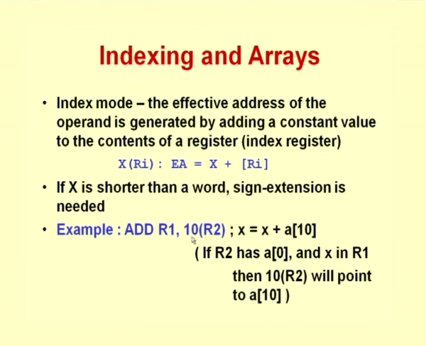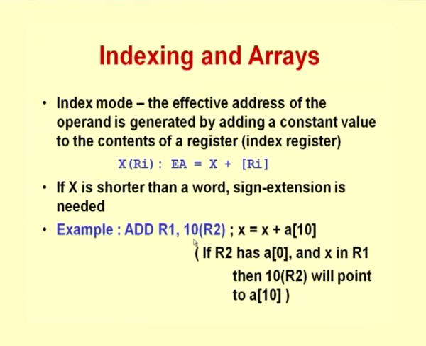Because you are adding this value 10 here. Now, 10 was specified as an 8-bit word, but your register R2 is actually a 32-bit element. When you add an 8-bit element to a 32-bit element, you will sign extend this 8-bit element to form a 32-bit element and then do the addition. This is based on the basics of addition that we normally have. And this index can either be a positive or a negative number. So, the sign extension has to be done appropriately.